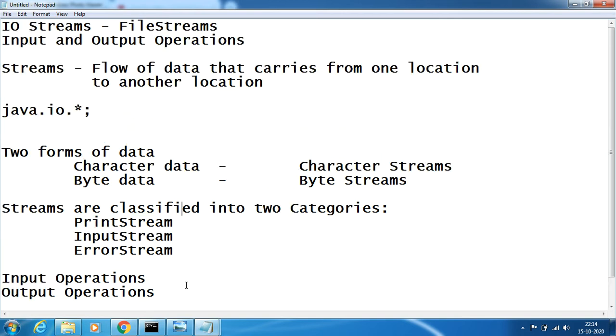Okay, and what is the category of the data? They will be classified into byte streams. And the byte streams, we all know the data which flows will be in terms of what? Bytes. And the APIs of byte streams will always end with a class called Stream. We already have the package, that is the java.io.* package,